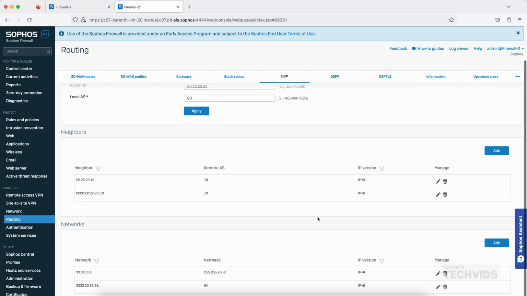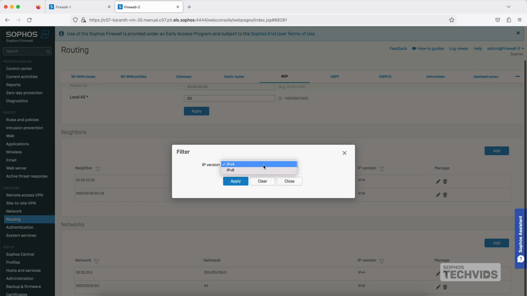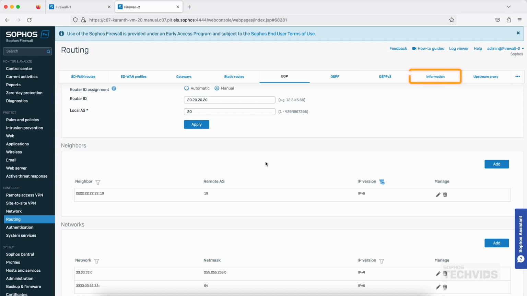As mentioned, there's no BGP page for IPv6. It simply lives on the existing page. And now you're able to configure v6 attributes in the neighbor and network sections. New filters have been added to allow you to view only IPv4 or v6 as needed. Moving to the Information tab,